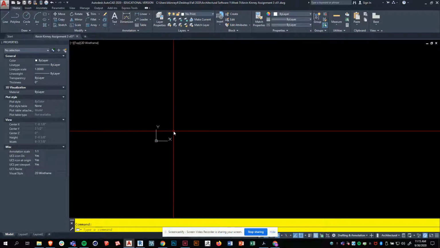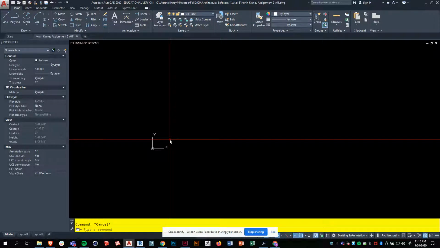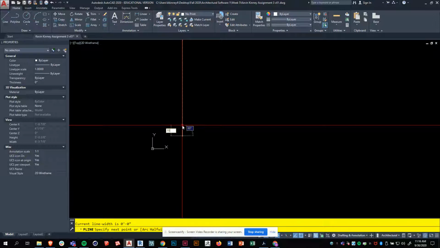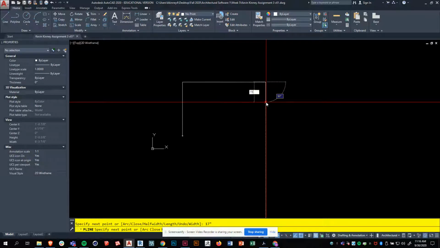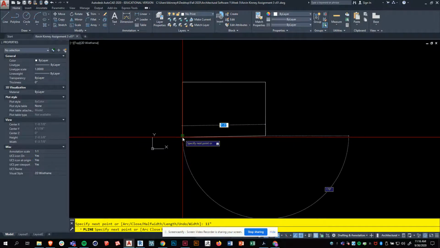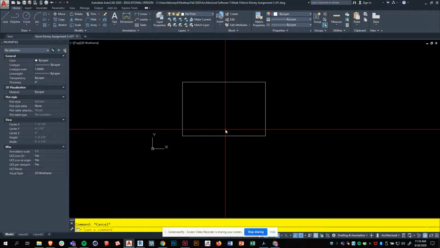There it's changed again. So the first thing I want to do is draw a border for the sheet size that I'm making a title block for. In this case, it's 11 by 17. So I'm just going to make a polyline, 11 high, 17 wide, 11 down, and 17 over. In the assignment sheet, I also say that I want you to have a 1/4 inch margin